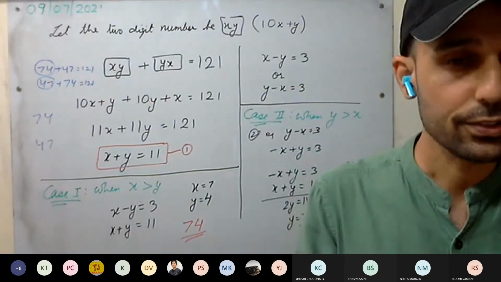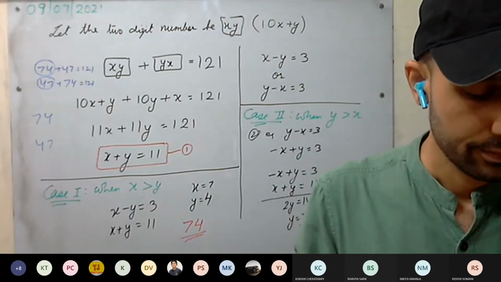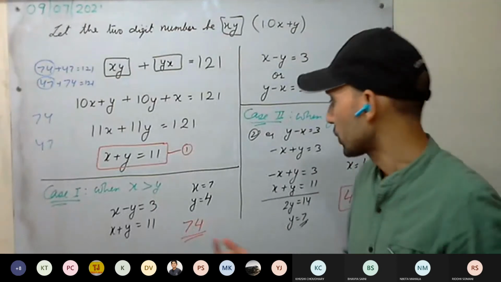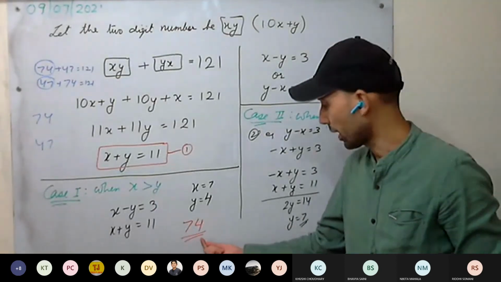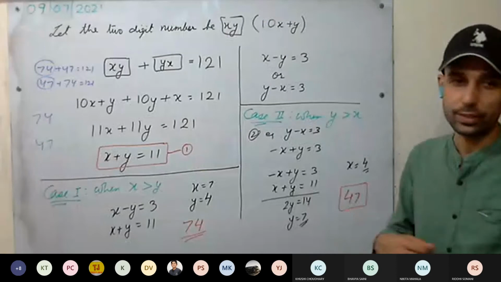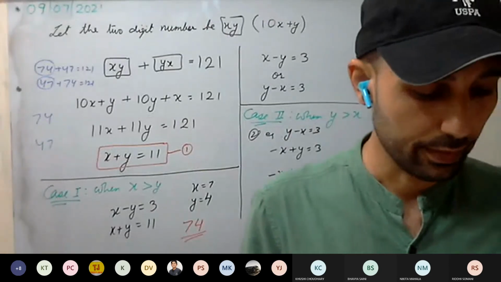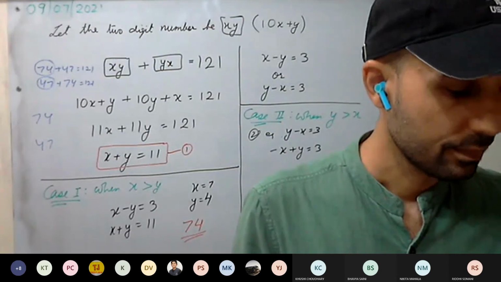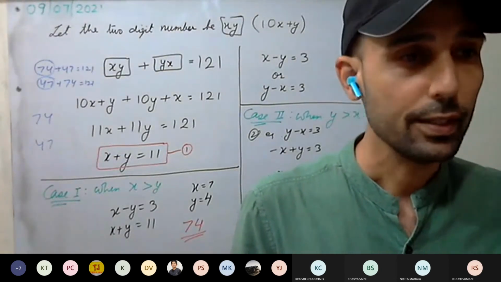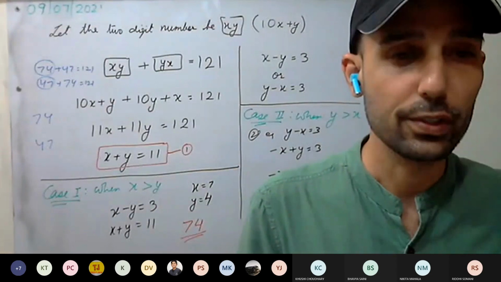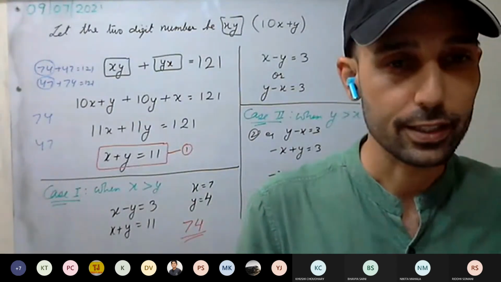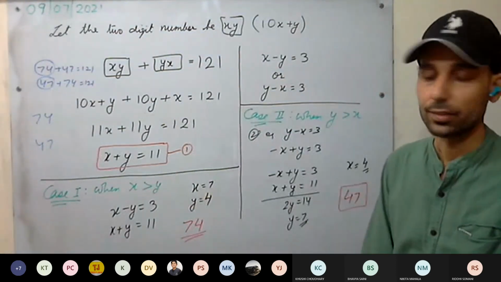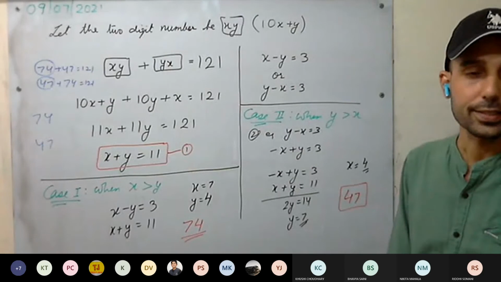It is always 3. Have you understood this one? Is this clear to all? So the two-digit number is 74 or 47. It can be 74, it can be 47. Understood this one? If you are okay, we stop the class here. Question 18 we will do tomorrow, and then the next exercise will start. These are very important things to form the equations. Is it clear to all?